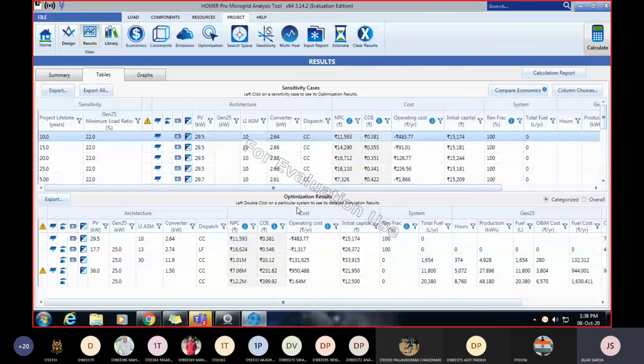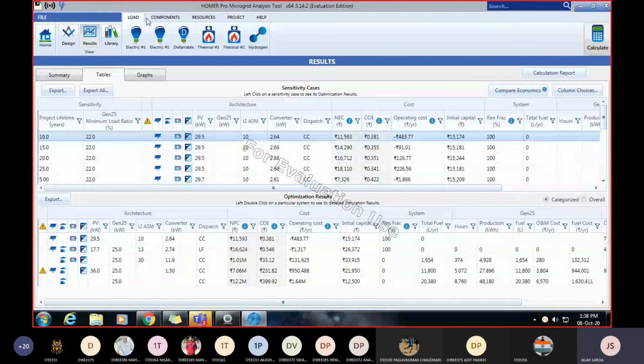Before purchasing, collect real-time data from last year. Adarsh Prajapati has already done a project on HOMER Pro, and Krima and Anjali are also performing projects. If you want to do your final year project in HOMER Pro software, you can do it.